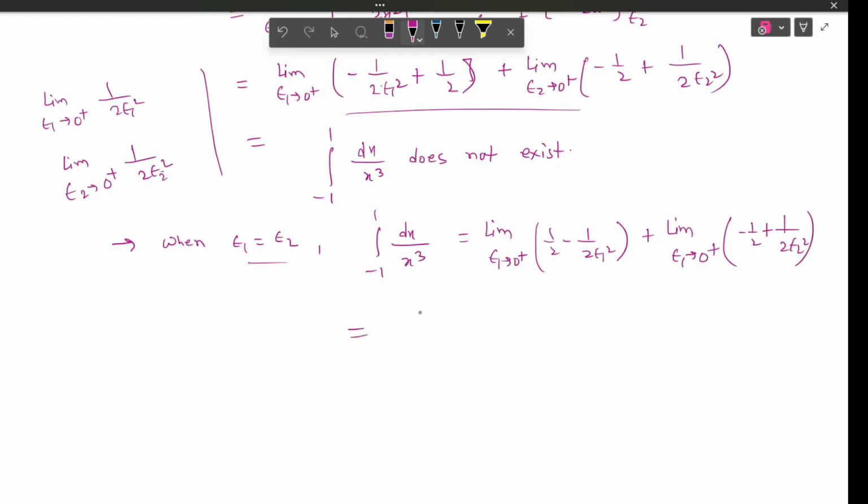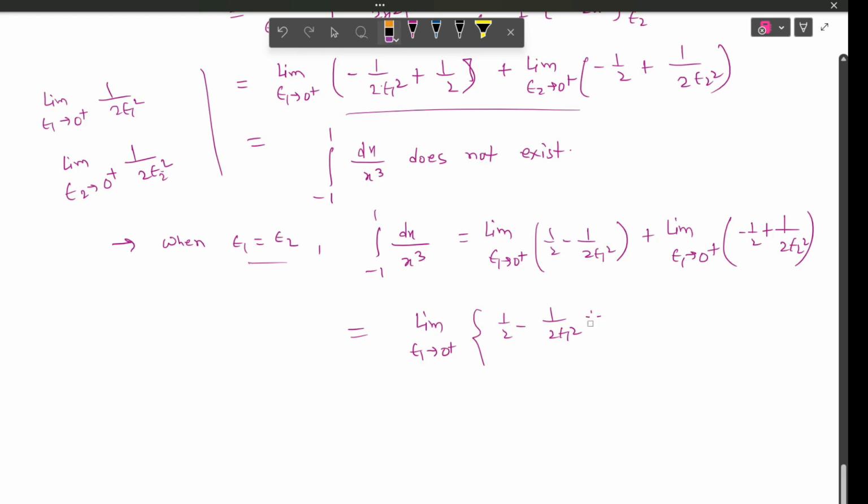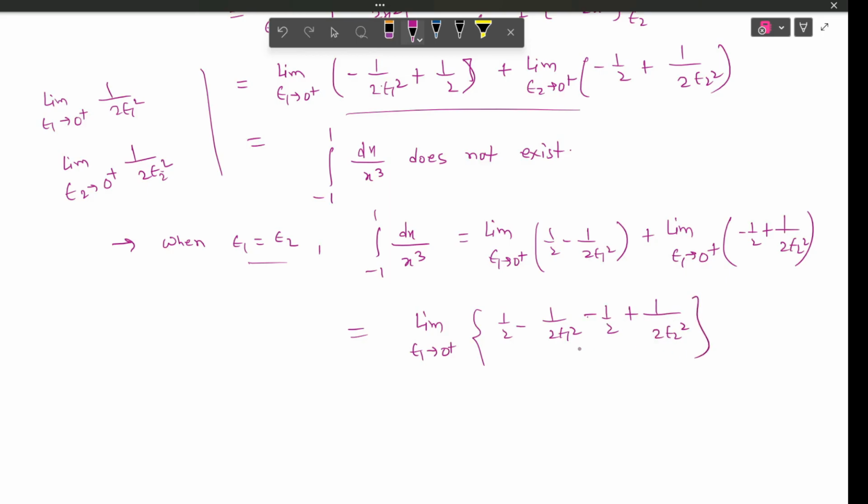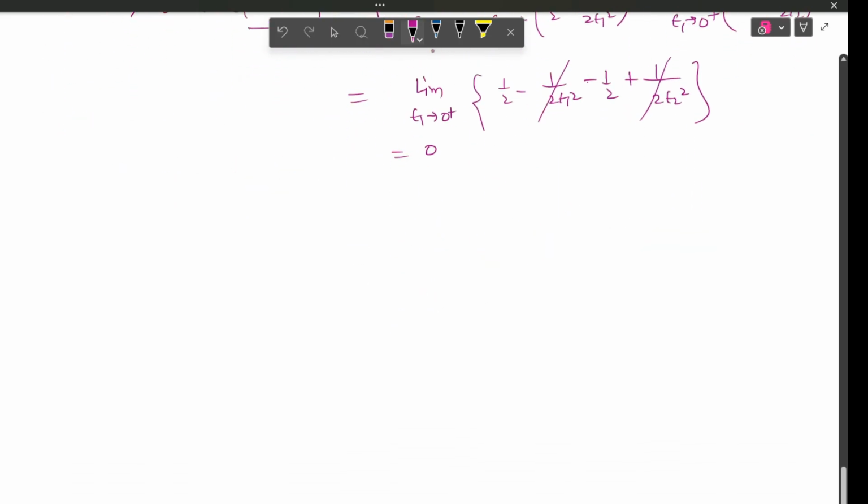Okay, now putting the limit, if we take the limit as epsilon 1 tends to 0 plus, then it will be half minus 1 by 2 epsilon 1 square, plus minus half, that is minus half, minus half plus 1 by 2 epsilon 2 square. So this will cancel out, half minus half is 0. Okay, so you can say that